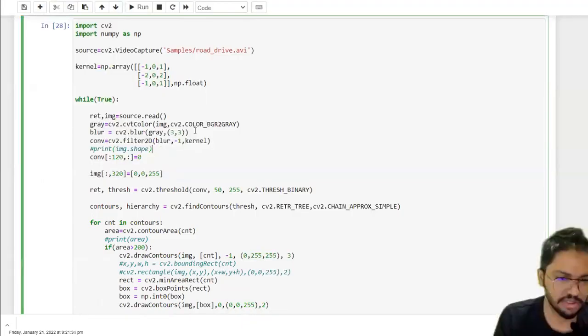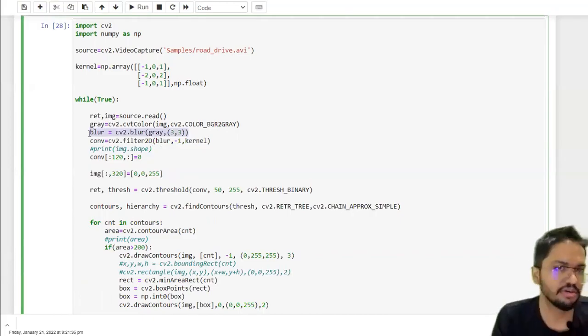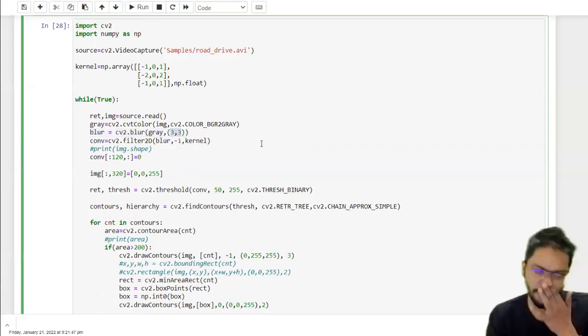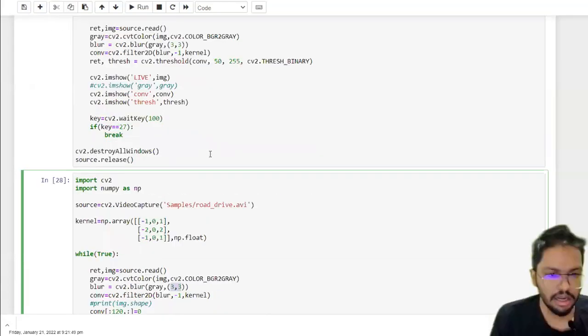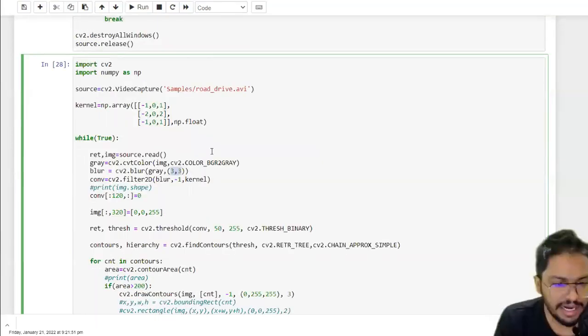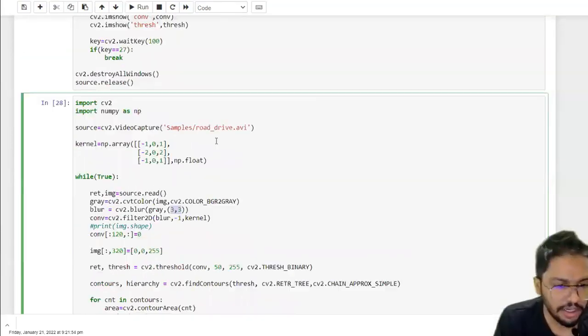So you can apply the blur. It's always better if you can apply the blurring. Then it will remove whatever unnecessary noise is there, right? You can decide the kernel size of the blur as you want, depending on the image. Right, okay, so that's it. And then, what I can do is,